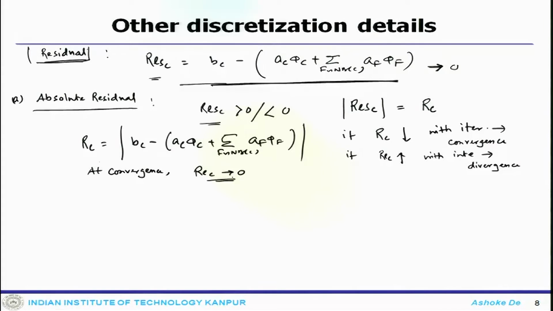Otherwise, this has a quite important value. When you are using some sort of an iterative solver, this is one of the criteria the user has to satisfy, or rather it has to be implemented inside your CFD code, such that when you are checking your errors, you have to check this error, because this can give you a clear indication of which direction your solution is heading, whether it is heading towards the stable solution or towards the unstable solution, because that is how one can see the behavior of the CFD code.